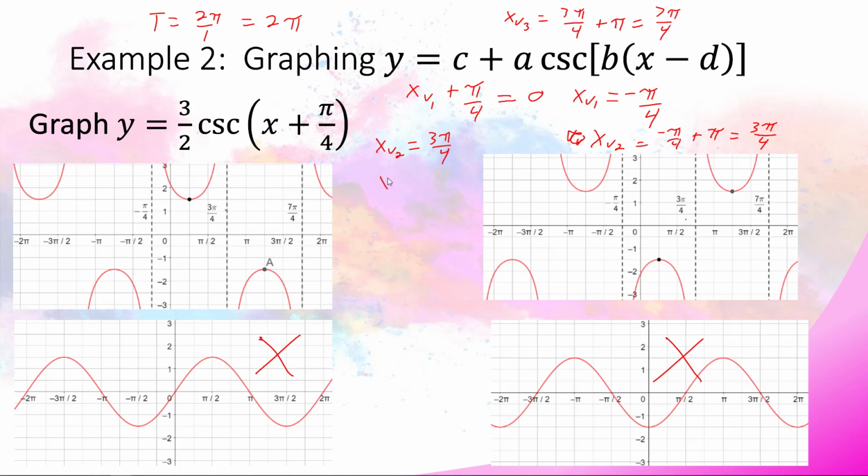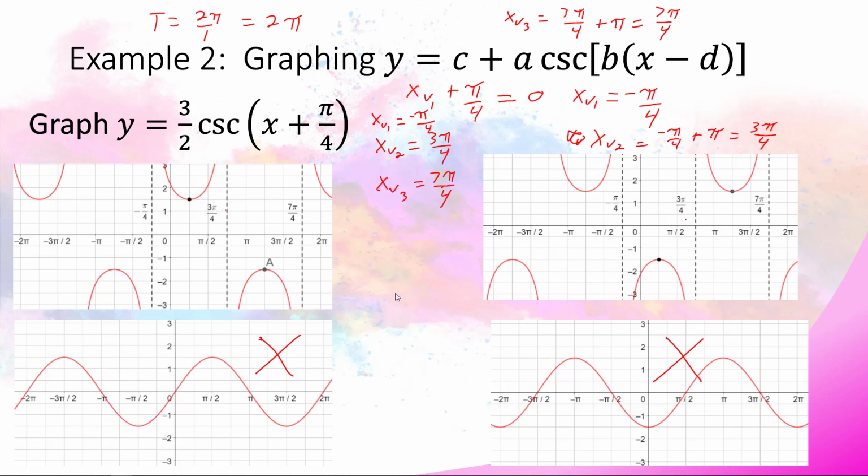So xv3 is 7 pi over 4, and xv1 is equal to negative pi over 4, I apologize, negative pi over 4. Okay, got a little cramp there. Okay, cool. So those are our 3 asymptotes. Unfortunately, these are the exact same asymptotes, so that's not going to do us any good, so we need to